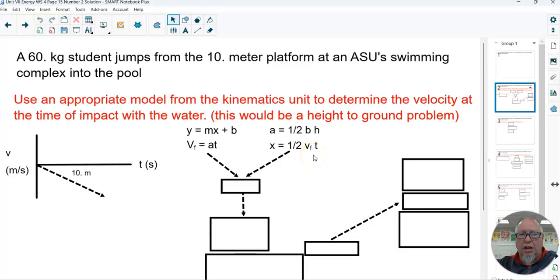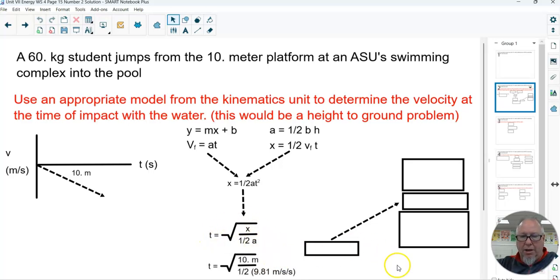So it appears as though we're stuck, but the strategy we had the last time we encountered problems like this, which is the standard height to ground problem, combine these two equations, take AT, plug it in for VF, and you get 1/2 AT squared. This, then, I do have enough information because I know X and I know A. The only thing I'm missing is T. So if I rearrange the equation to solve for time, I get X over 1/2 A. I can plug my numbers in, and when I plug my numbers in and solve, I get the time of